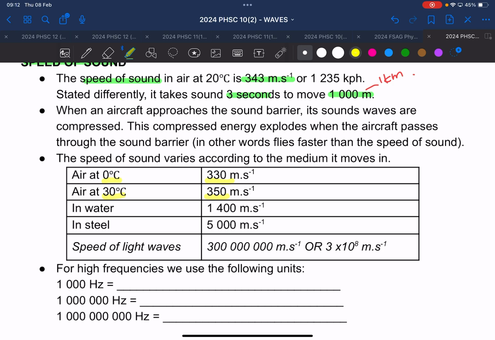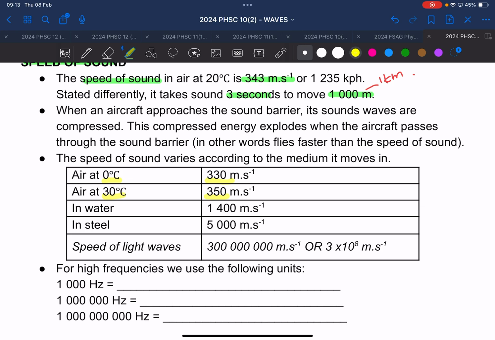Okay? But when it's cold, the particles do not have enough kinetic energy, so they move very slowly, so it takes a while for them to transfer energy. But when it is warmer, they have more kinetic energy, movement energy, so they can fly faster and air travels faster. Right. Then in water,